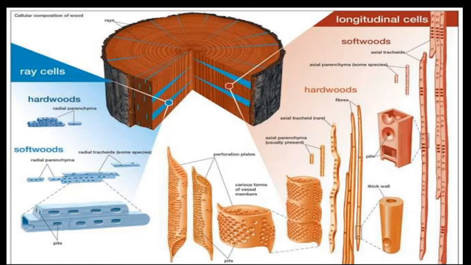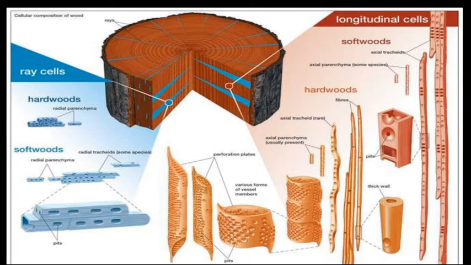Through those pits they can transfer water and minerals, and at each end of the vessel there are perforation plates which also participate in the exchange of water and minerals during conduction,